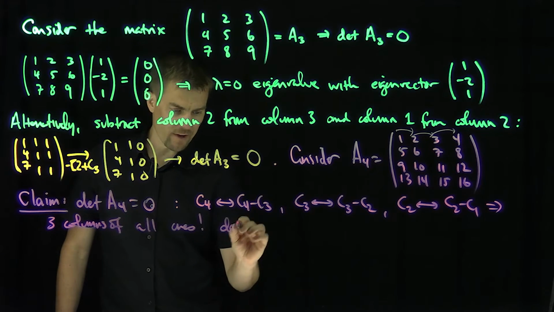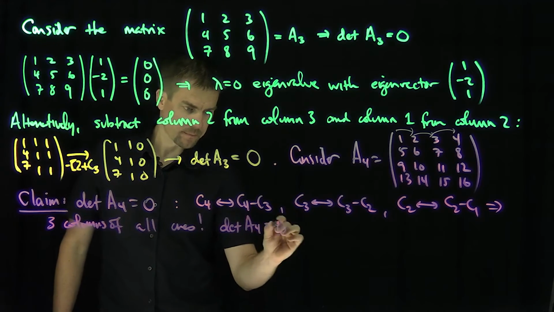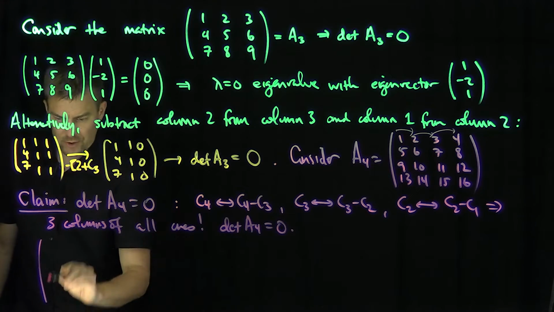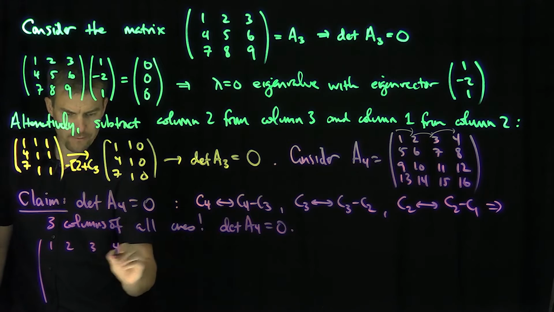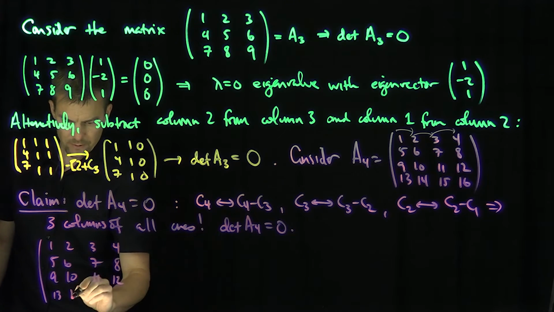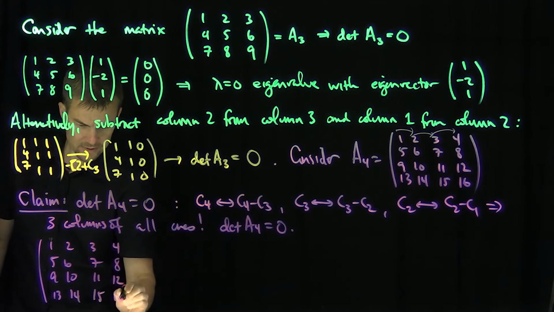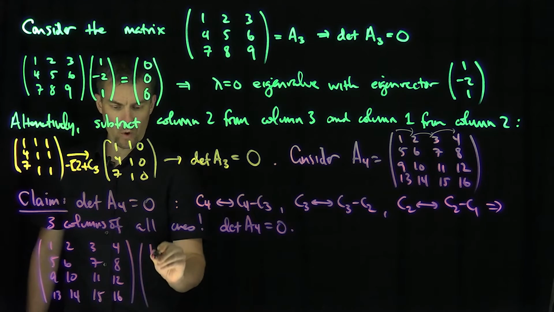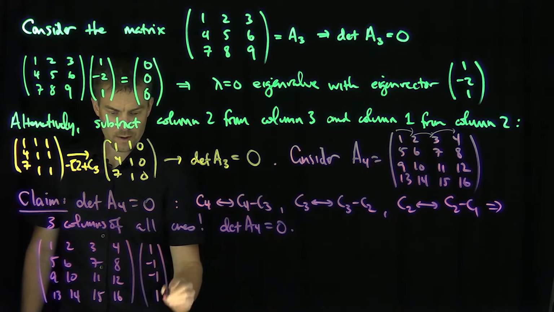And that means the determinant of A4 is equal to 0. Okay? Of course, I can do the same sort of eigenvector trick over here. If we look at our matrix, 1, 2, 3, 4, 5, 6, 7, 8, 9, 10, 11, 12, 13, 14, 15, 16. If I look at the vector over here, 1, negative 1, negative 1, 1, what are we going